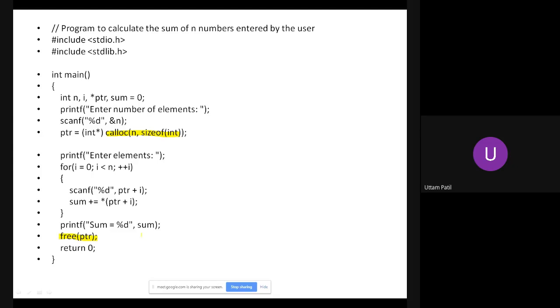Memory has to be utilized very efficiently. So once it is allocated, it has to be deallocated, that is, freed through free PTR. So this is about dynamic memory allocation.